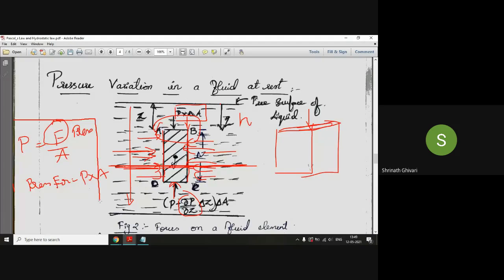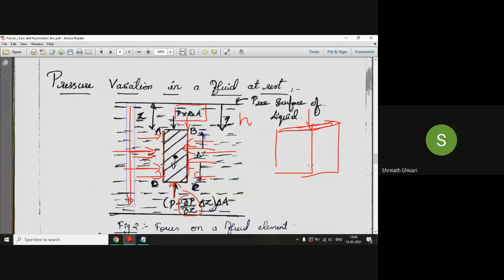Now, can anyone tell me which are the different forces acting on this? What all forces we discussed? I'll tell you one thing. If you don't tell me now, I'll just cancel this class and go with the next topic in the next class. Let it get recorded and I'll upload it in YouTube. You decide. Sir, explain one second, diagram.